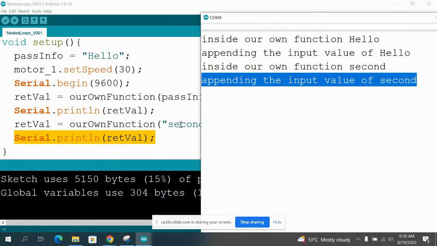Okay, this is in short how functions work. You can use it now not just 2 times but 2 million times, depending on the memory size available. With the Arduinos we don't have a lot of memory, but yes, this is how it works. For computers I think we can literally have millions. It all depends on the memory size, as I've said. Okay, guys, this is in short how this thing works. And we can now talk about that a little bit.